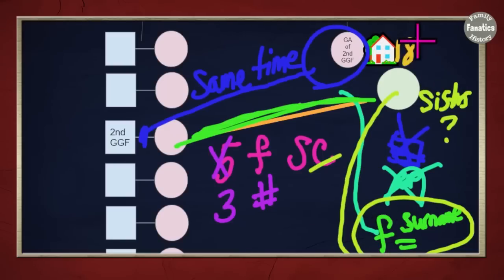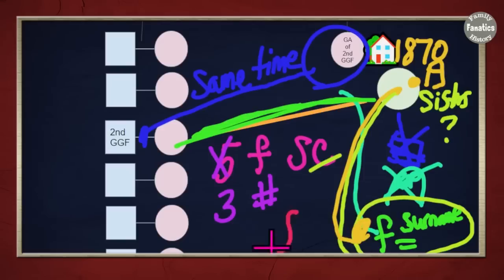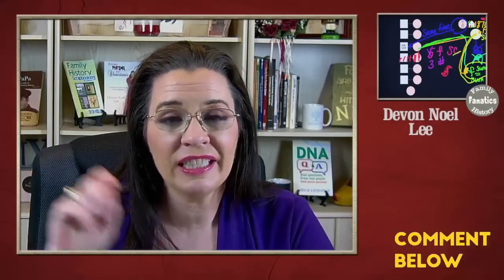In 1870, there is a household with potentially this female and definitely this female. DNA evidence of the father in this household match descendants of this family. In the comments section below, I want you to make a conclusion that takes all of these different pieces of evidence and infers how they all fit together.